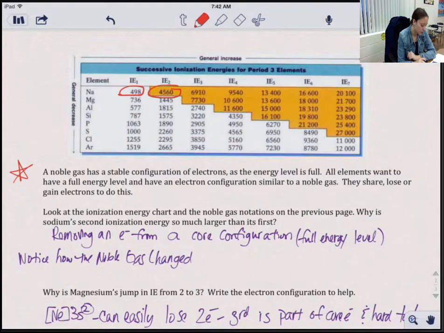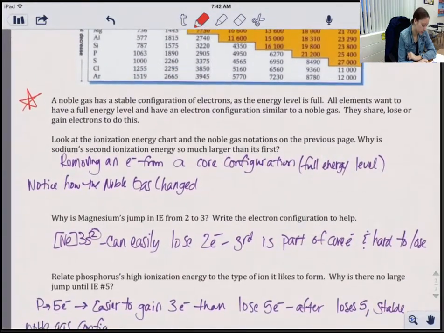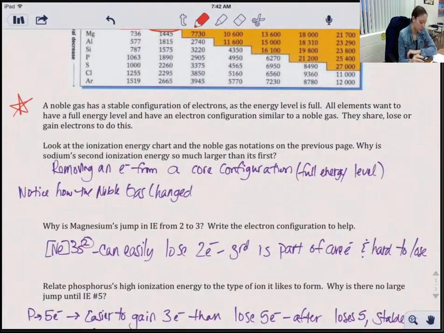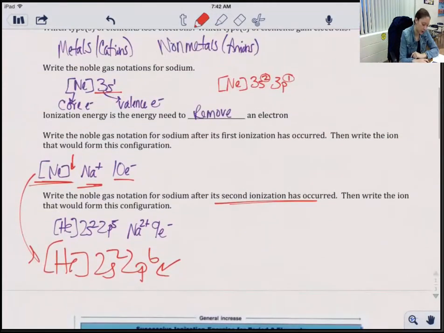because you have that big jump, which is when you go along with that second question where it says, why is magnesium's jump in ionization energy from 2 to 3? So we're going to write the electron configuration. And so you see that neon is in brackets, and then you have 3s2. Well, magnesium is one that has 2 valence electrons. Okay, so it can very easily lose 2 of them, and that third one is part of the core and very hard to lose. So if we went back up and we looked at the one I wrote for aluminum